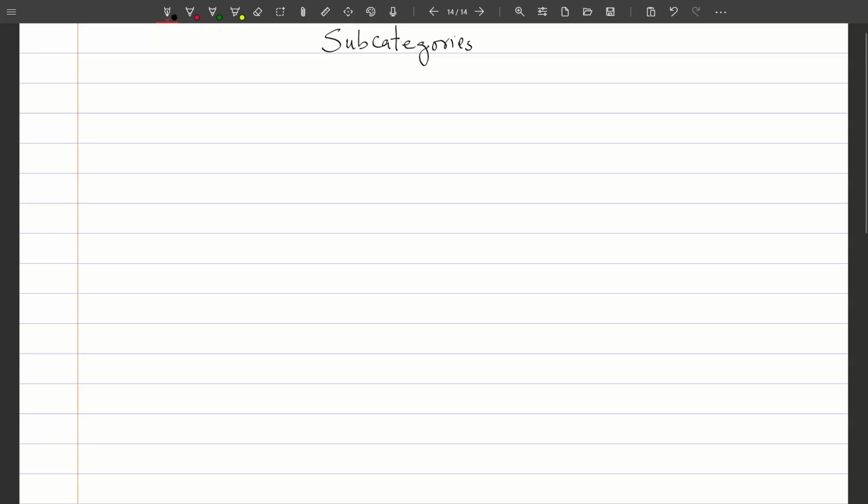So far, we have seen that at several instances, one category is included in another. Now, we want to investigate this phenomenon more generally. For that, we introduce the notion of subcategories. So, we will start with the definition. A category A is said to be a subcategory